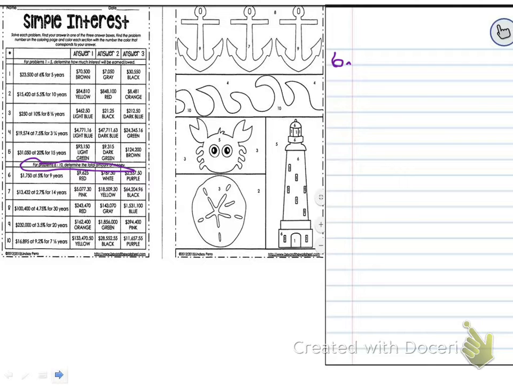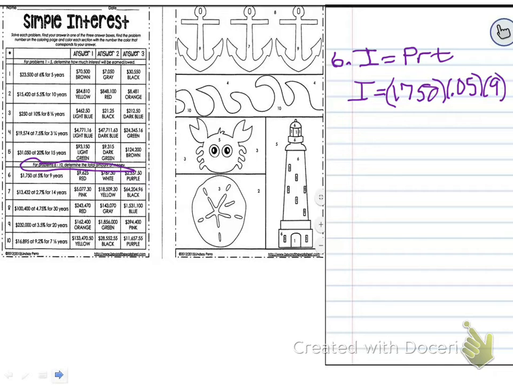It says for problems 6 through 10, determine the total amount of money. So we're going to start and we're going to find our interest. Interest equals PRT, just like we did on the other side. Our interest equals, the principal is $1,750. The rate is 5%, so that's 0.05, and the years is 9 years. And you're going to punch that in your calculator. 1,750 times 0.05 times 9, and you get